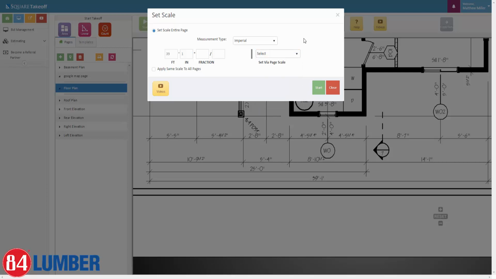Now the one thing that I have to say about this is when working in the digital environment, many of us out there have printed a set of paper blueprints off a digital file in the past and have printed them to, for example, a 24 by 36. And a lot of the times those files, when printed and you throw a scale against it, aren't always correct. A lot of the time that has to do, in fact, to how the architect or the original designer transferred those files or converted those files out of their design software. The same thing continues on when utilizing an on-screen Takeoff program,